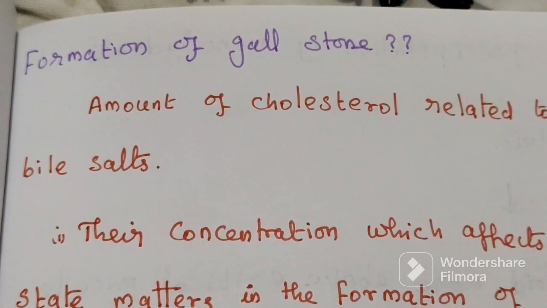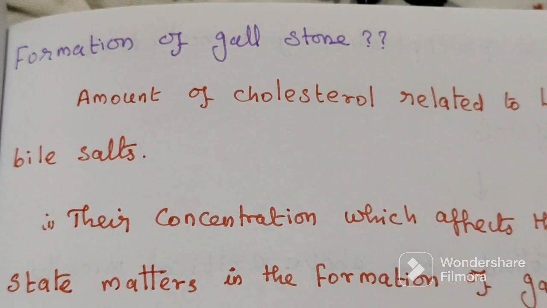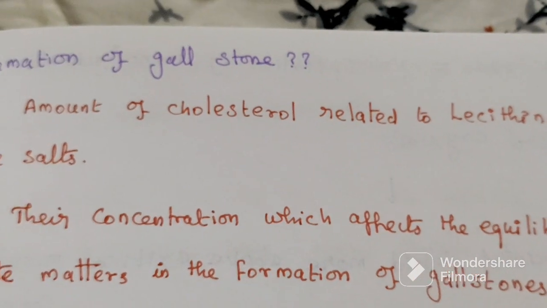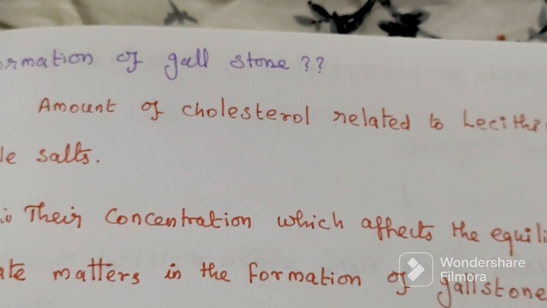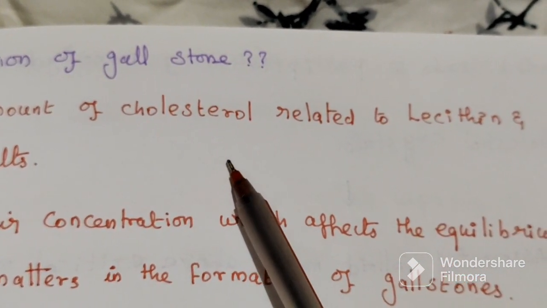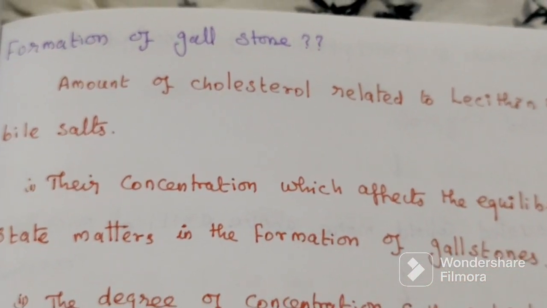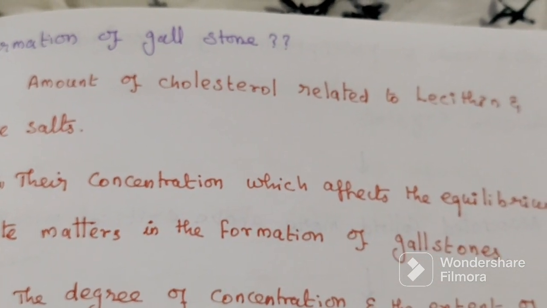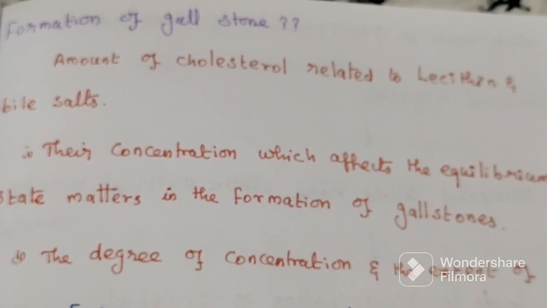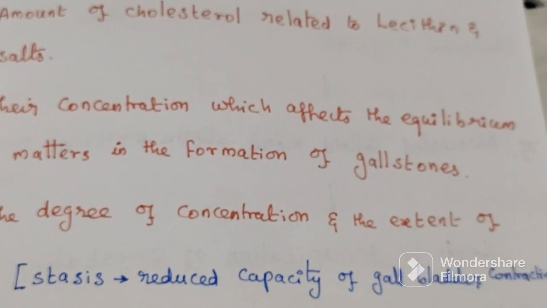Now, how are gallstones formed? Formation of cholesterol stones: the amount of cholesterol is related to lecithin and bile salt. Cholesterol is secreted into bile by the liver cells, and lecithin and bile salt come from the bile. Their concentration, which affects the equilibrium state, matters in the formation of gallstones, and second is the degree of concentration and the extent of